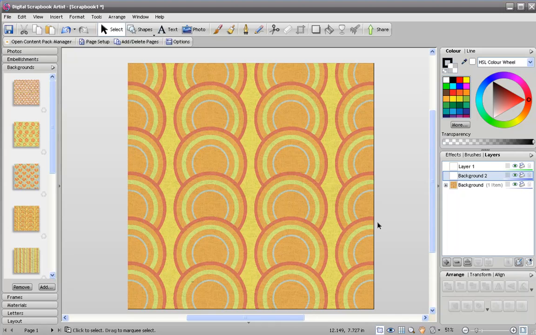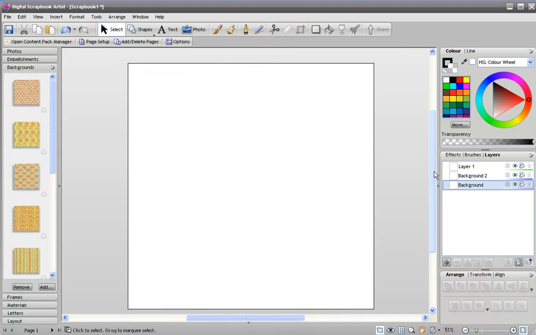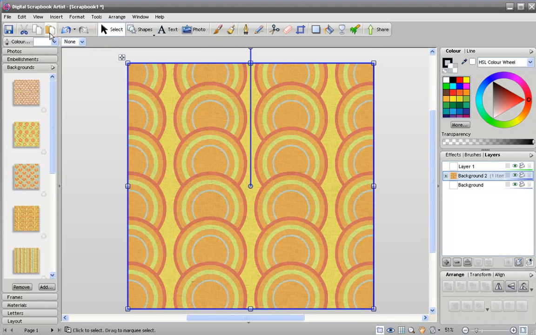So the way I want to do that is firstly to select the background layer, and now I can actually select this material, and what I'm going to do is cut that using the button at the top, go back to my background 2 and then paste it. So now this material is now sat on my background 2 layer,